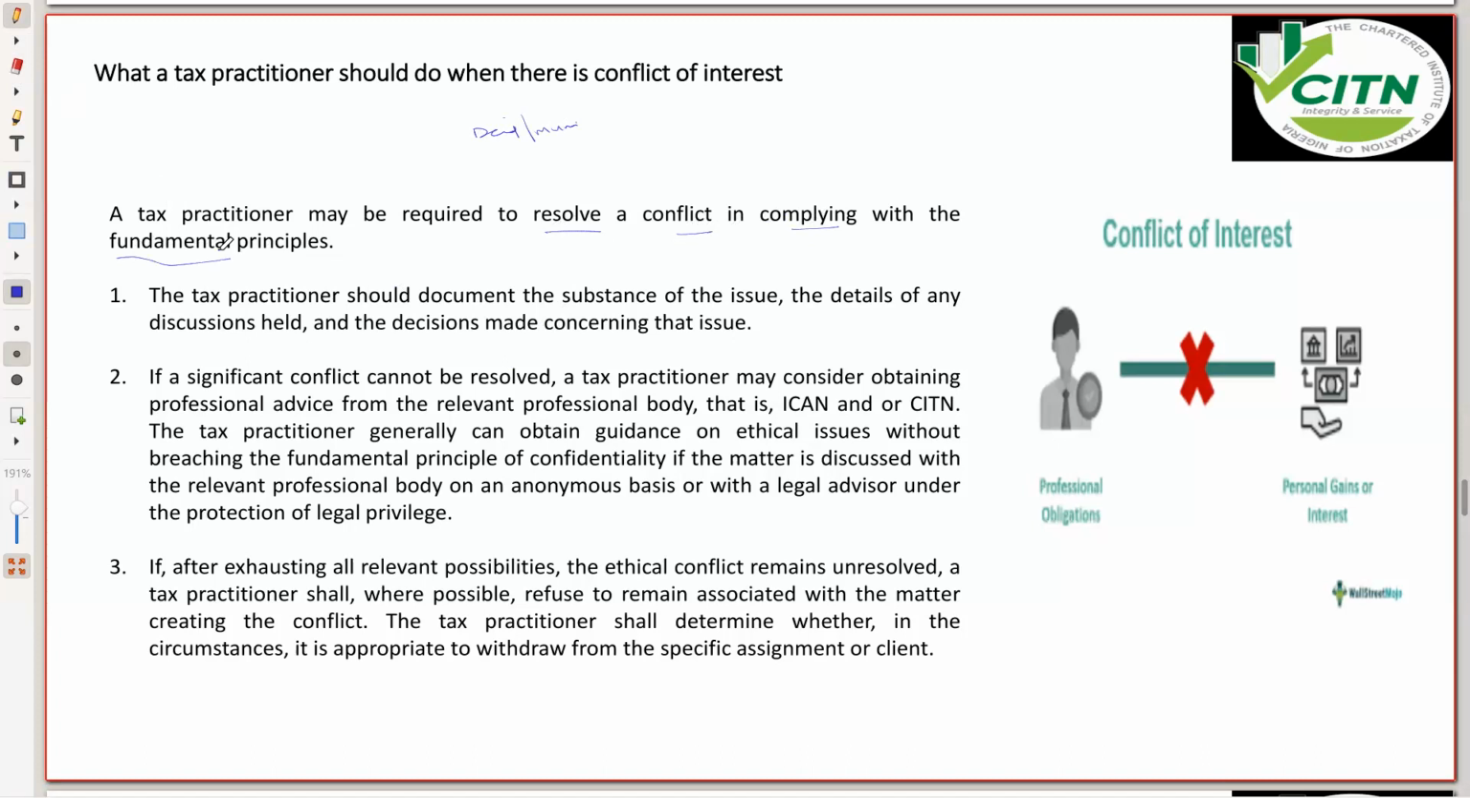One is to document the issues, details of any discussion held, and disclose that issue. So you could say, okay, these are the issues. Disclose it to your employer or your boss to say, yeah, I know I'm meant to do this, but I do have a personal interest in this matter, and I'm communicating to you what my interest is on this matter. Now, if after reviewing it,